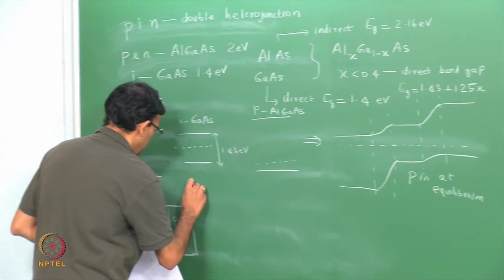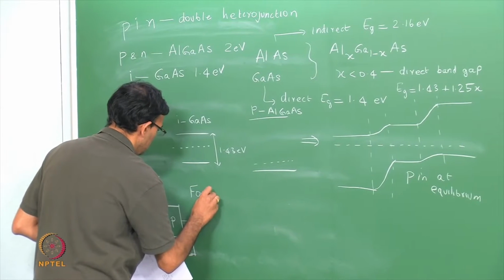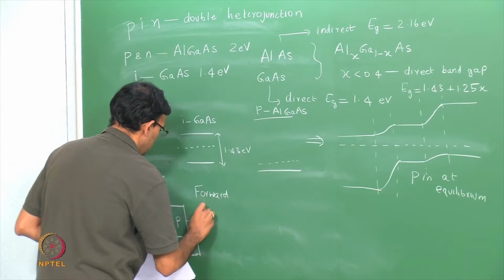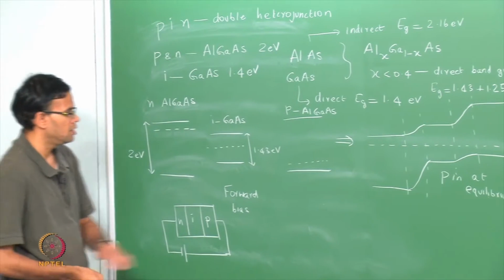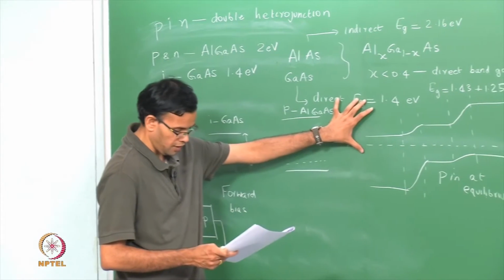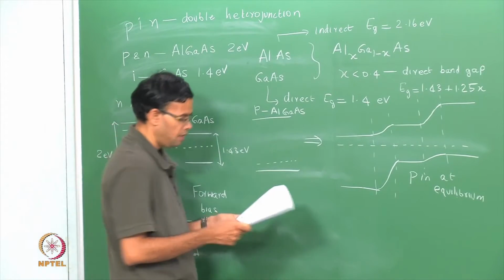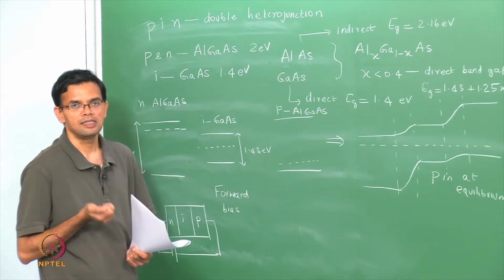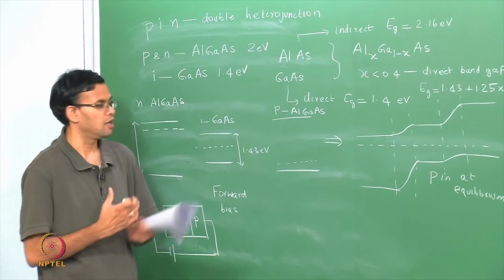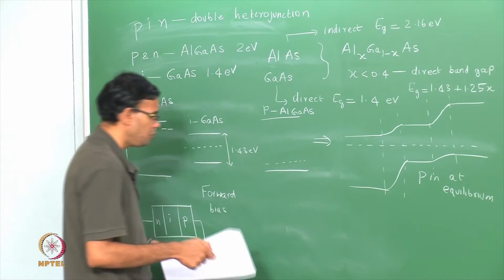So, this is an example of a forward bias. When we forward bias, the N region is shifted up, and similarly the P region is shifted down. So, we can just take the example of two p-n junctions and then just shift them. When we do that,